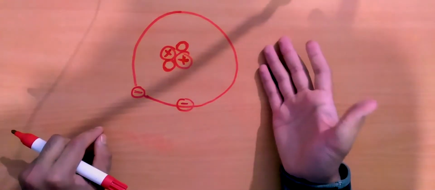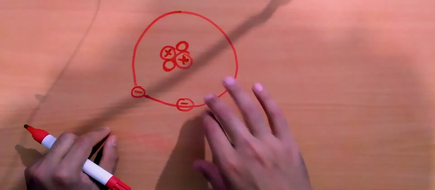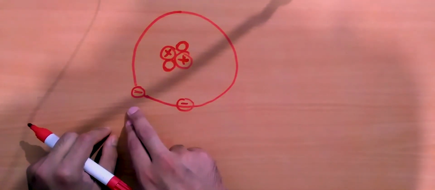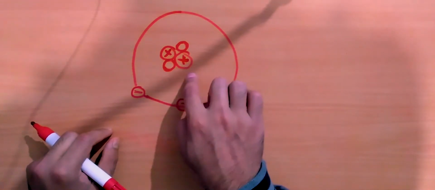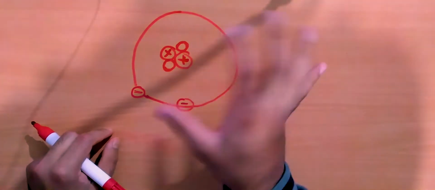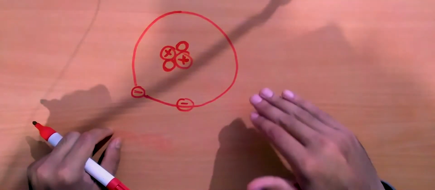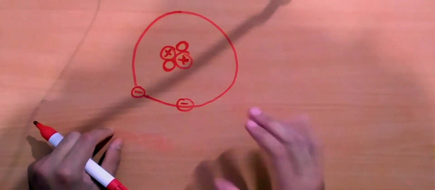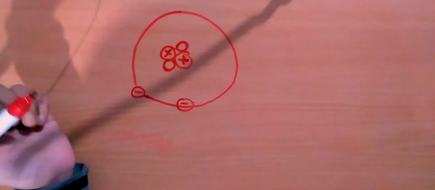So now even this atom is electrically neutral, which means there is no net charge on this atom, because I have 2 positive charges and 2 negative charges. So the net charge is 0, and I have 2 protons, 2 neutrons. So this is the general case where both of them are equal in number, neutrons and protons, right? This is the next atom, or the next type of atom, or the next element, so to speak, and this is called helium.